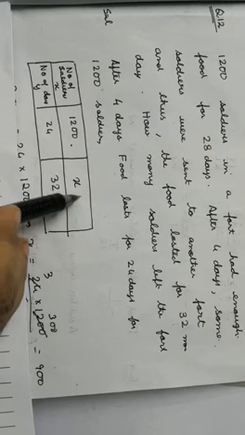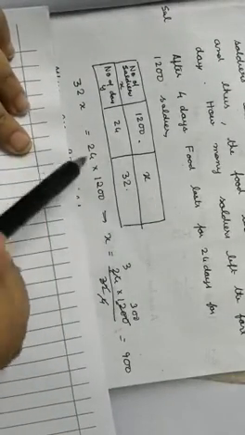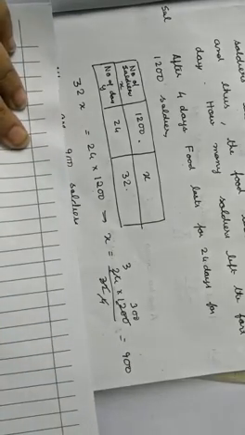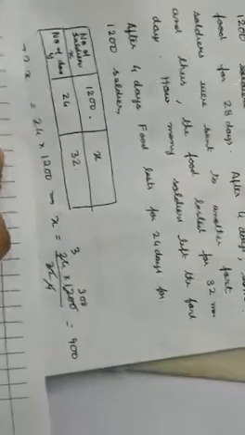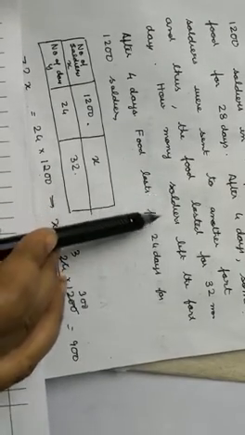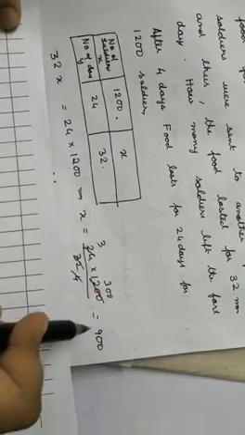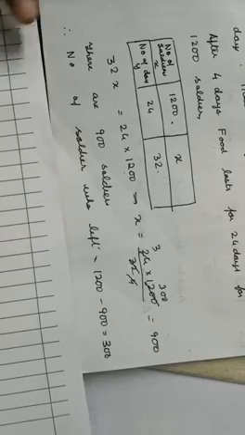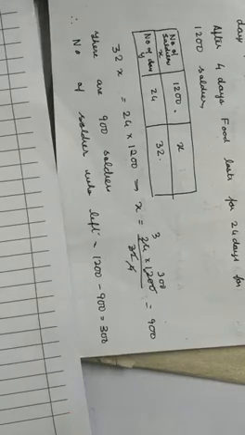So how many soldiers are here? Let us find out. Let x be the number of soldiers now. Again same calculation, very easy. 32 into x is equal to 24 into 1200. So x comes out to be 900. That means now there are 900 soldiers in the fort. But that is not what they are asking. They are asking how many soldiers left the fort. This is the number of soldiers in the fort now. So the number of soldiers who left the fort will be 1200 minus 900, which is 300. So these many soldiers went away.